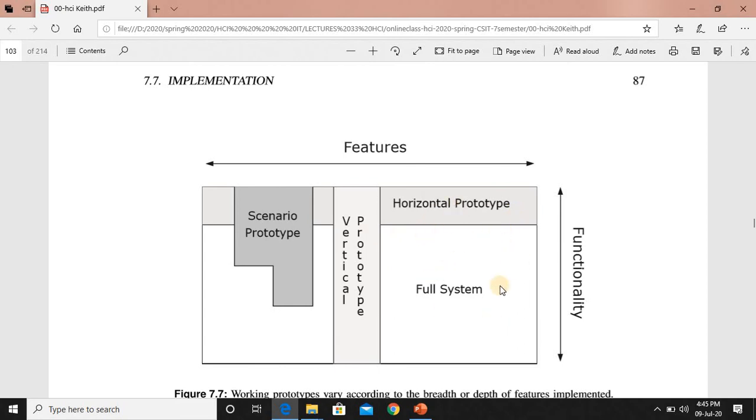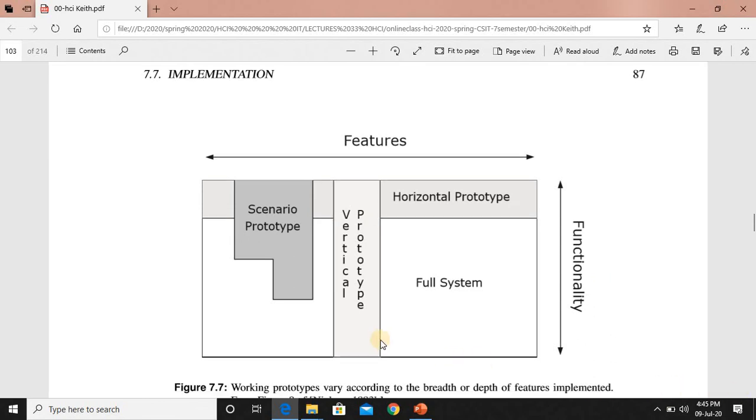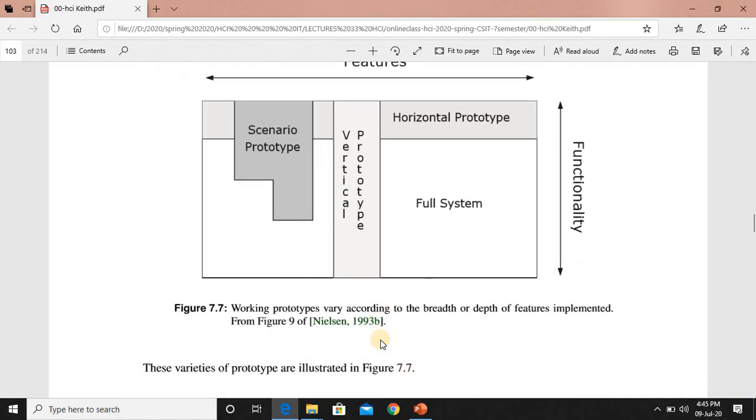We have no functionality here, but we give the main explanation of the design. Here we have the detail of the design, and here we have both details and functionalities in the scenario. So working prototypes vary according to the breadth and depth of the features implemented from the design.